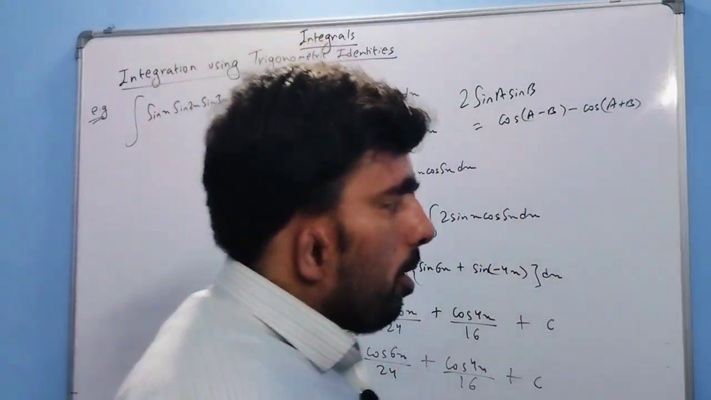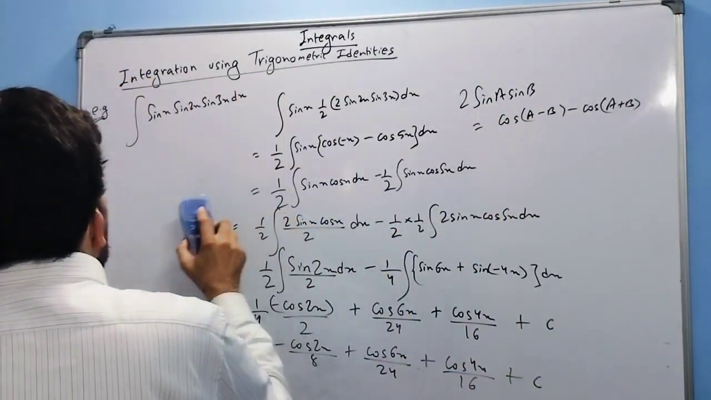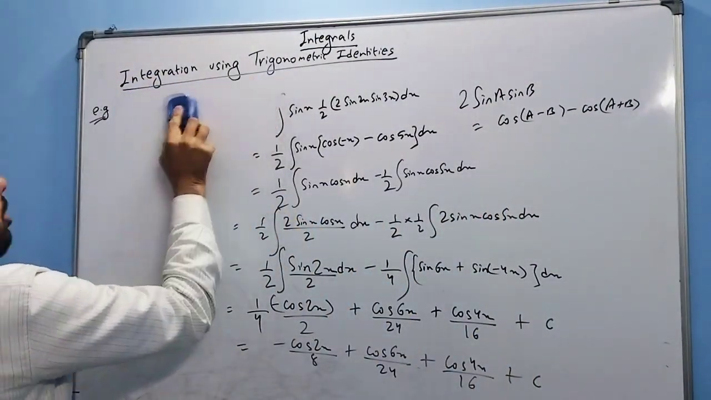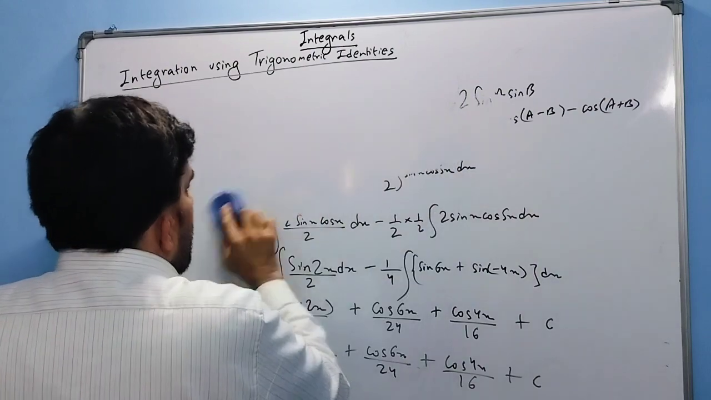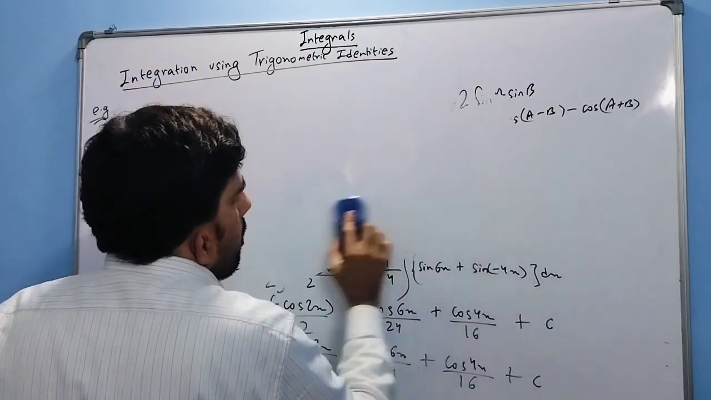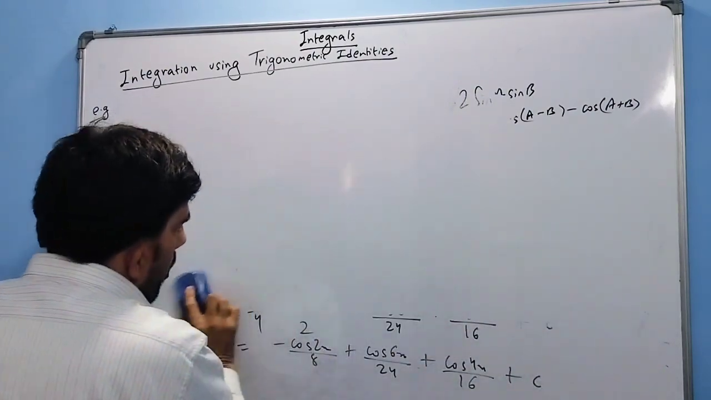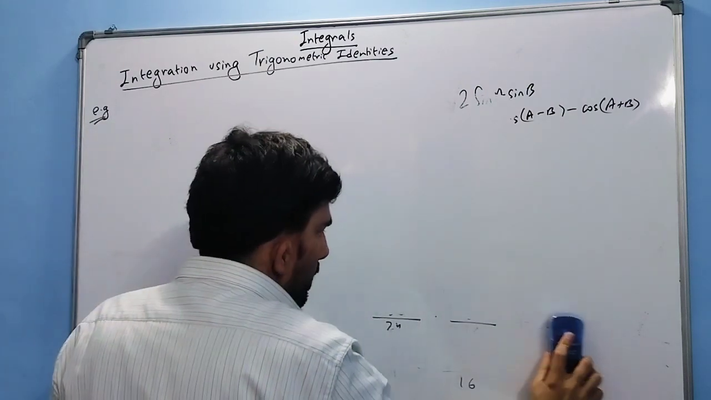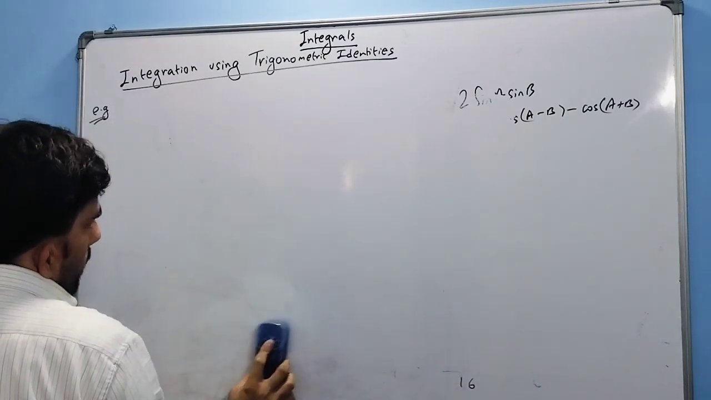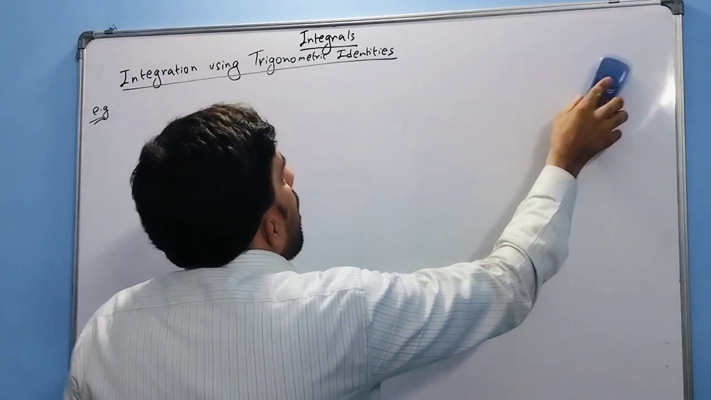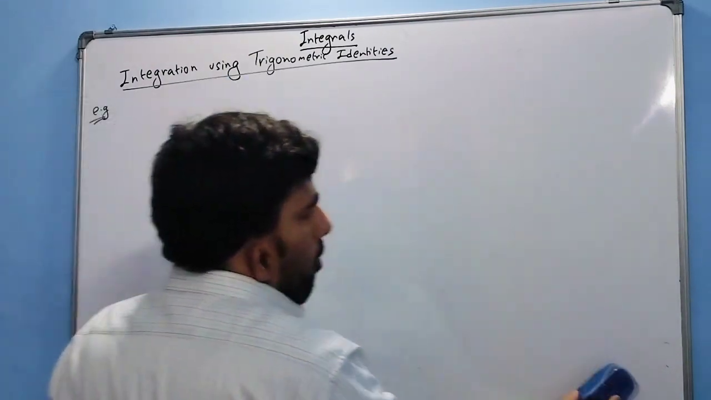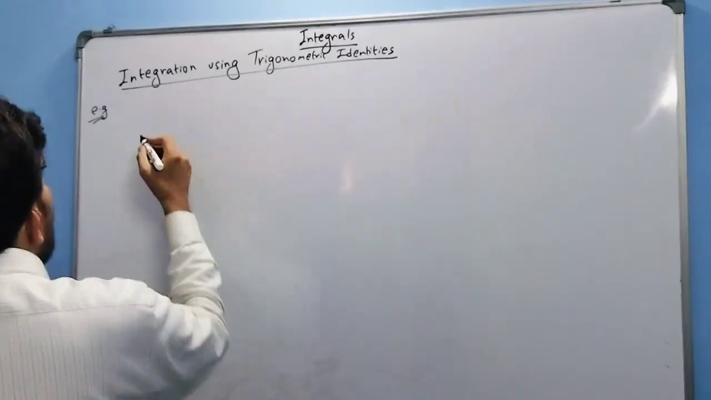Now let us solve the next numerical we have. Let us take one complex one now, because I have solved all these numericals that are very easy and I hope it is clear to everyone. Now we'll try to solve a more complex numerical. They have given